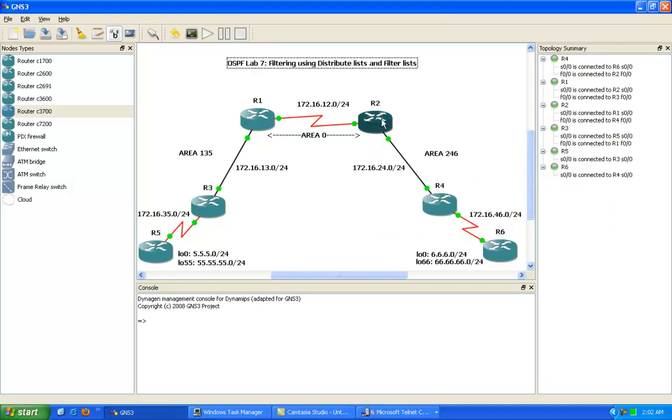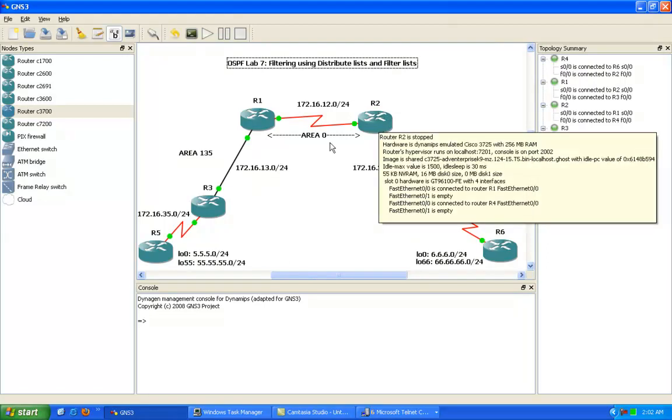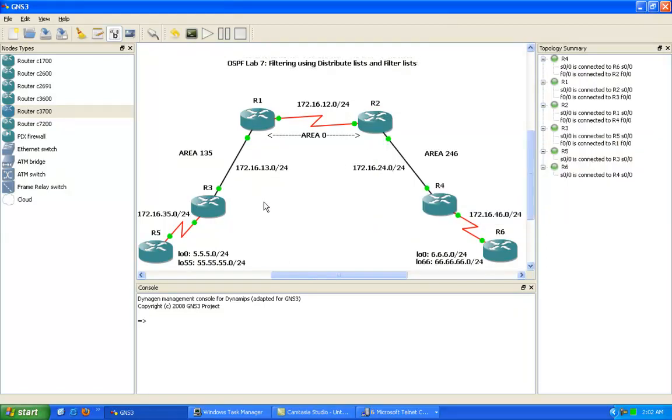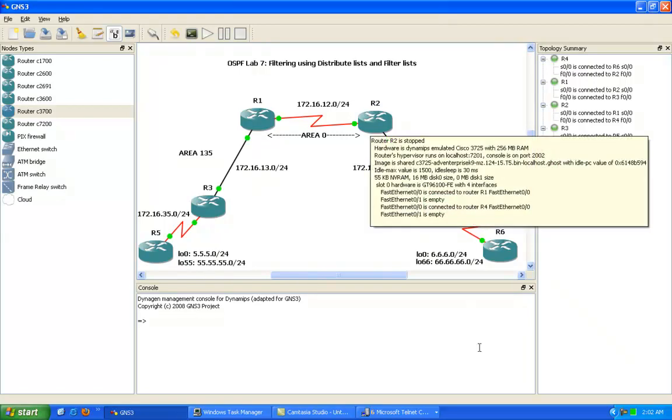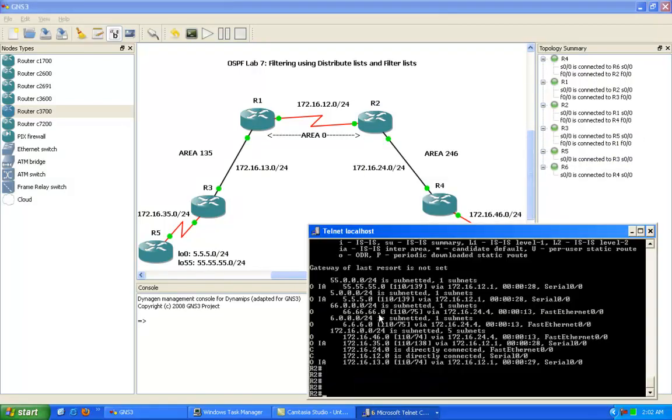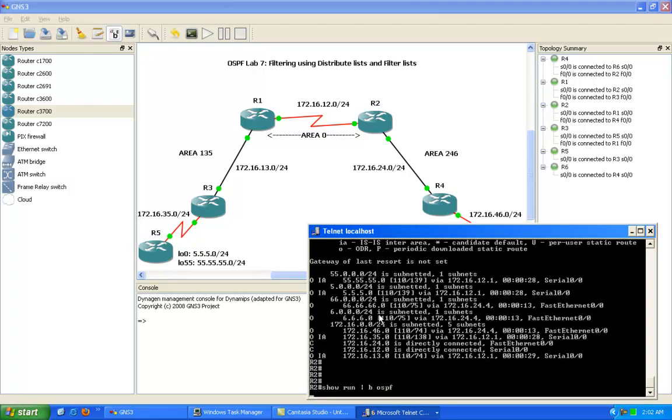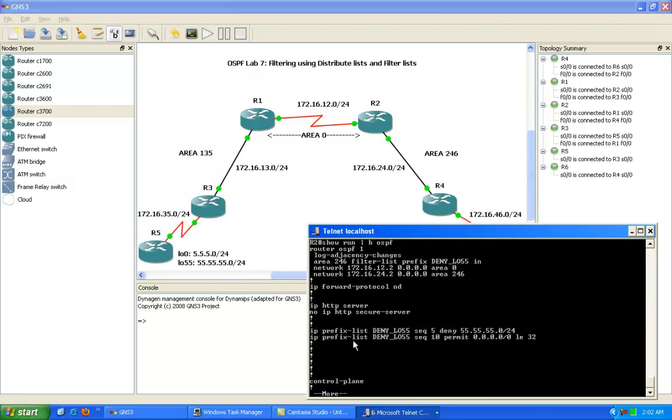So we went onto router 2, which connects area 0 to 246, and in this situation what we were doing was filtering loopback 55 on router 5 from entering into area 246. And we did this by going under router 2, we created a prefix list to deny the 55 network, and then our second sequence in that prefix list was to allow everything. And then we applied the prefix list here